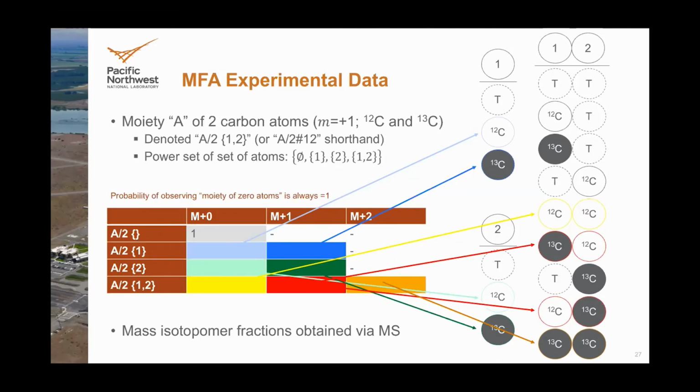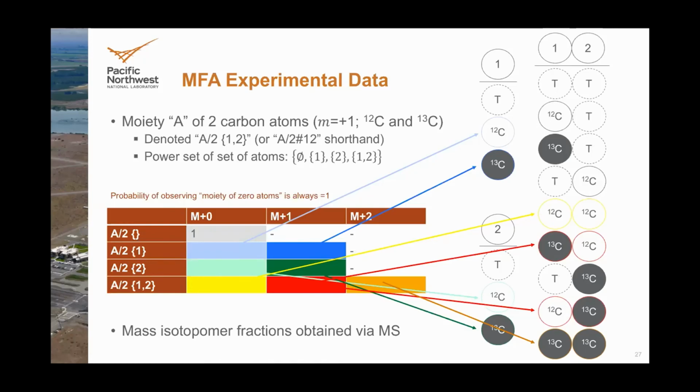Now, the m plus 0, so if we have an empty moiety, we're adding no excess neutrons to a moiety of 0 atoms, well, the probability of finding that is always going to be 1. So we'll just have a single peak there. But when we look at A2, and then in brackets 1, so the first atom of the A moiety, you